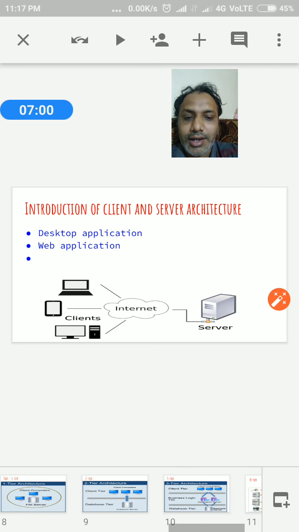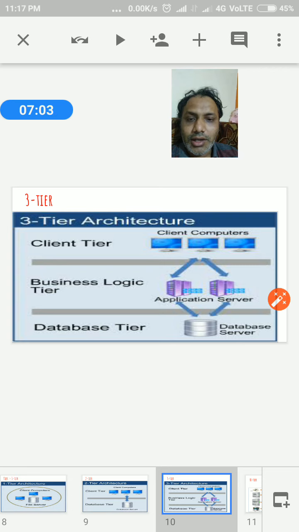Okay, so here we draw the diagram. Every layer has its respective components, which we call a tier. We have the client tier with a number of clients, the application server which has the business logic, called the application tier, and the database, which is the database tier. So every layer has separate tiers or components, so it is very easy and comfortable to maintain everything.